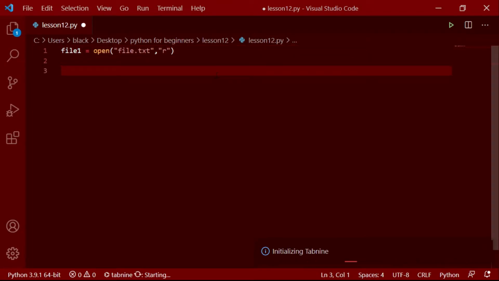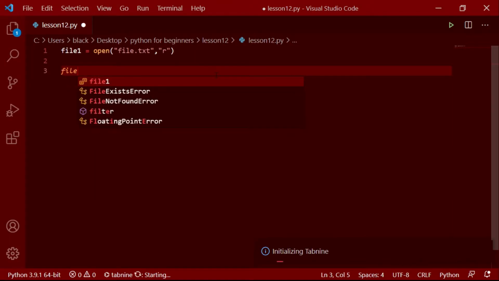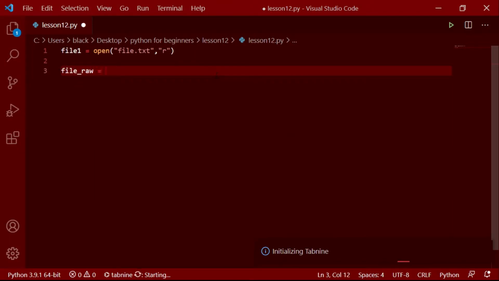Now let's say we want to see what's inside that file without splitting it or putting it into a list, just as raw text. To do that, I'll create another variable called file row, which equals file1.read.